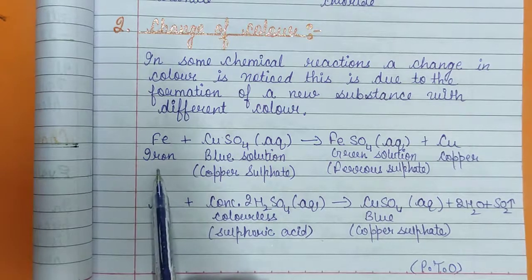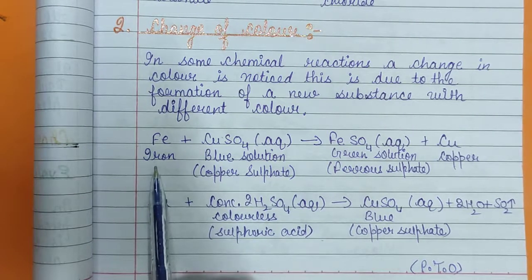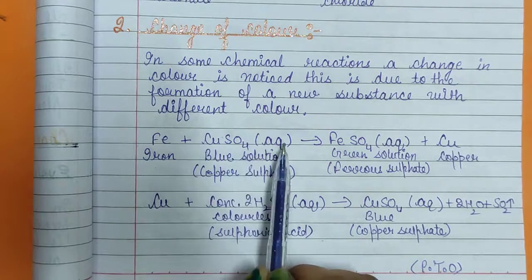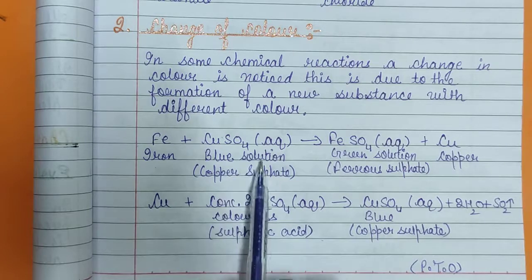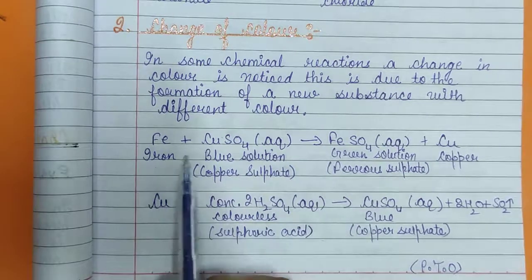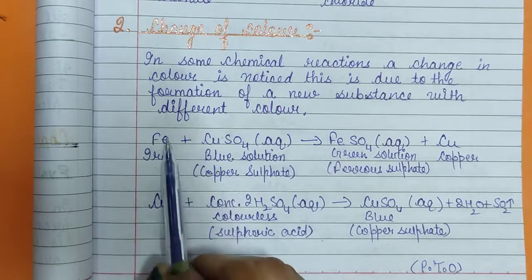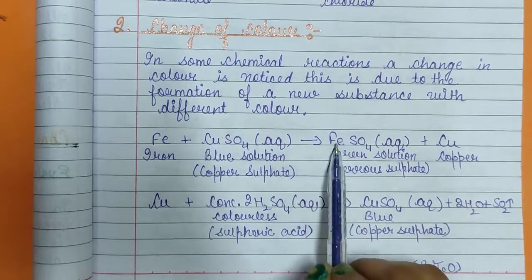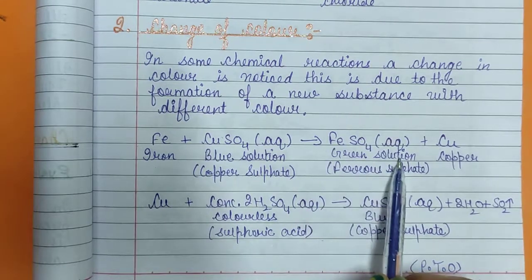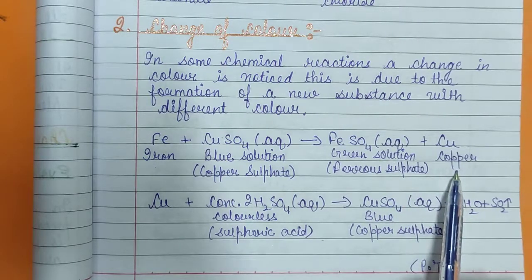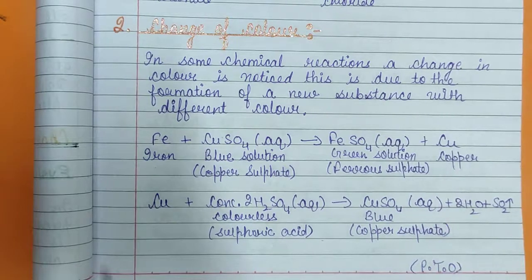Here you may observe that when iron, which is Fe, you react with copper sulfate aqueous solution, which is of blue color, they will give ferrous sulfate. Here on the reactant side, iron will displace the copper due to its position in the reactivity series. So it will become FeSO4, which is a green color solution, and copper, right? Similarly,